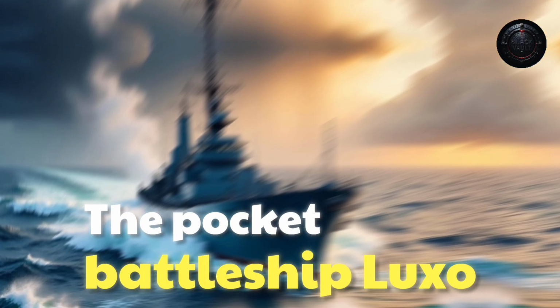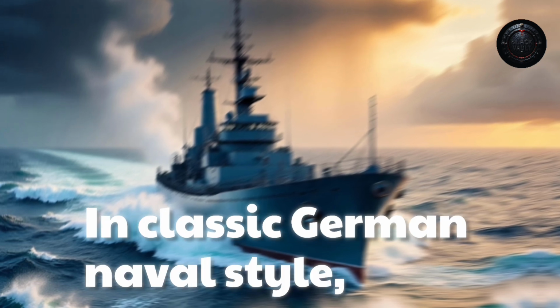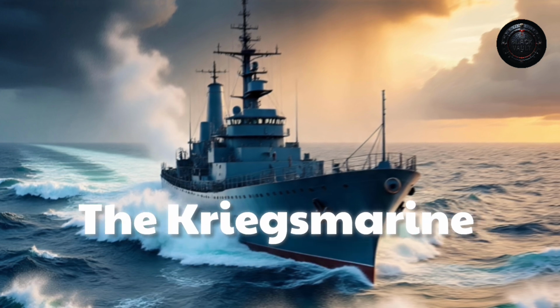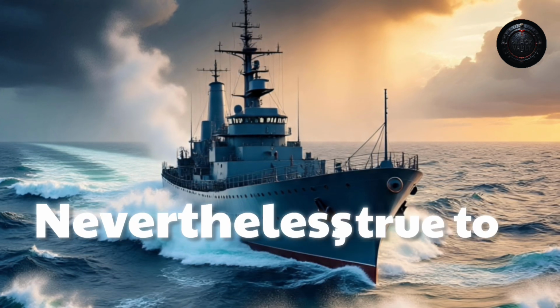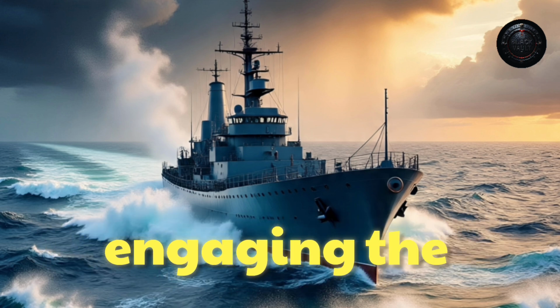The pocket battleship Lützow and her crew were caught in the middle of an intense combat situation. In classic German naval style, their surprise attack on convoy JW51B had failed. The Kriegsmarine found itself outnumbered, outgunned, and outmatched. Nevertheless, true to their aggressive doctrine, Lützow and the rest of the German fleet pressed on, engaging the British with